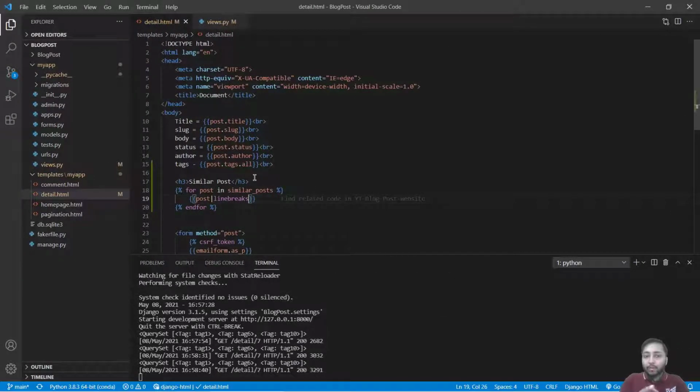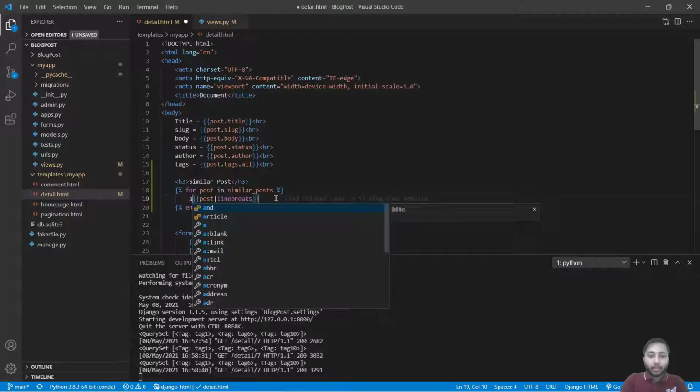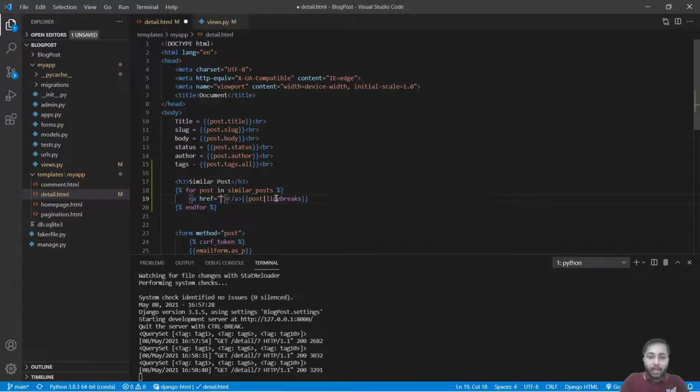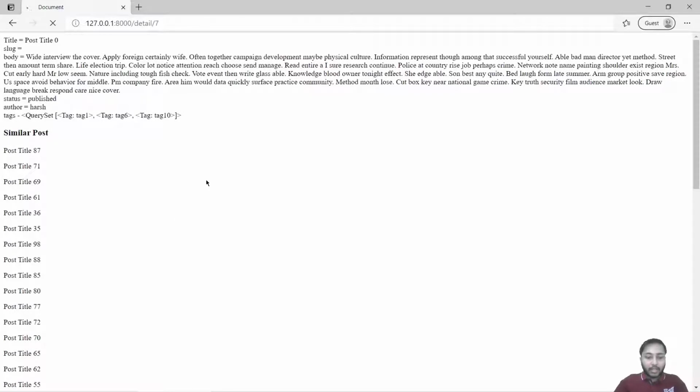So now we have to create a link so that we can click on a particular post, and for that what we will do, we will say a, and right inside the variable we will say post dot get absolute URL, Control X, Control V, save, get back right here and refresh.